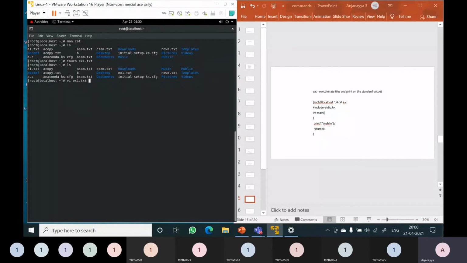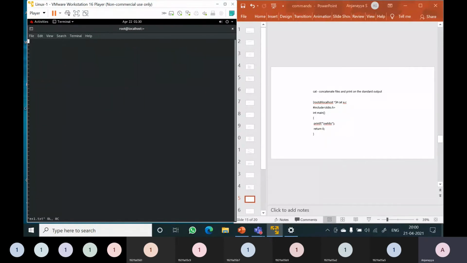I'm using the vi command to open ex1.txt, press enter. Now I'm pressing i. It has two modes, command mode and insert mode. If I press i, it will change to insert. Below you can observe that it changes to insert. Only then can I enter text.